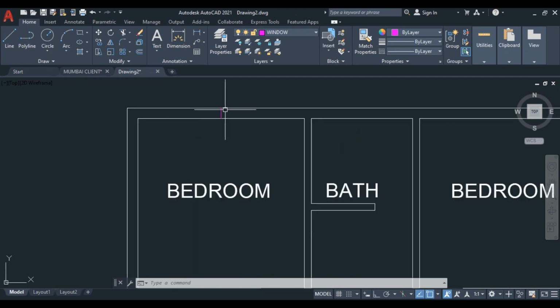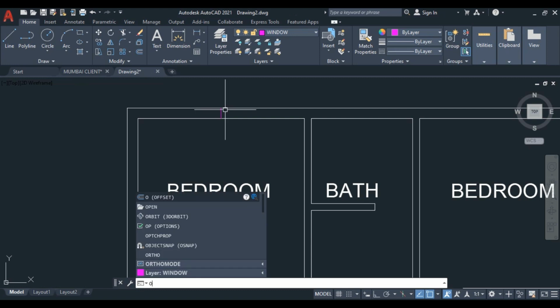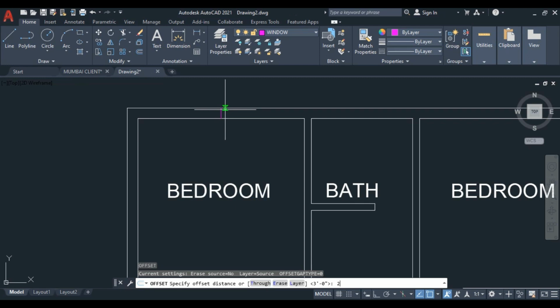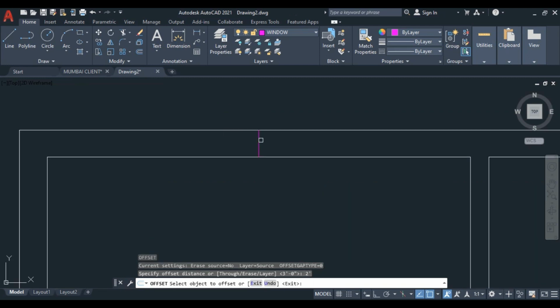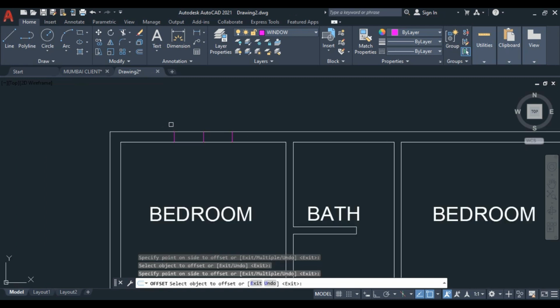Okay, so I just keep this 4 feet window here. You can choose 5 feet, 6 feet. Okay, so I just offset here 2 feet, press enter, and I just click right, and click left.